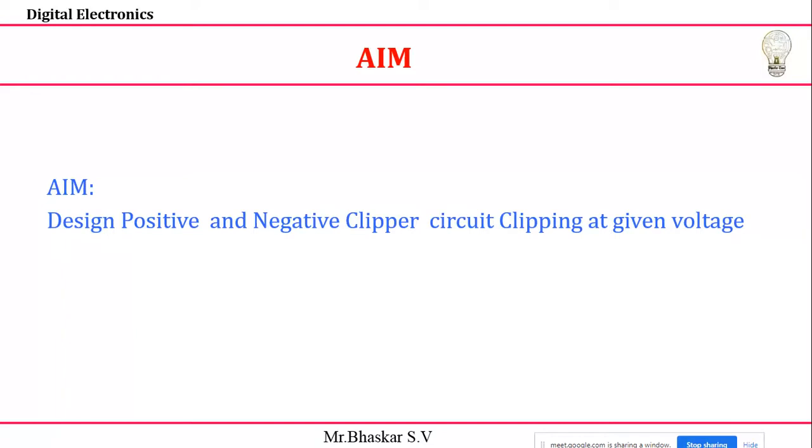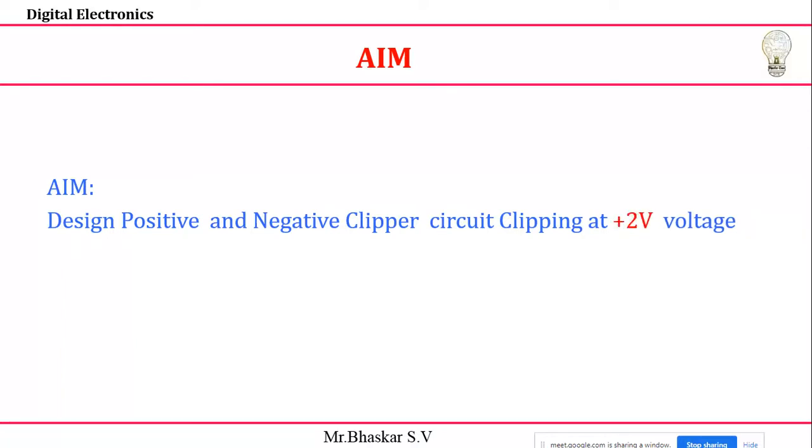First you should know how to draw the circuit diagram. Then we look at the design part. In the design part I need to find out the bias voltage, how much I need to give, and second, the resistance value. These are the things we are going to work out. Okay, so let's move on to that.